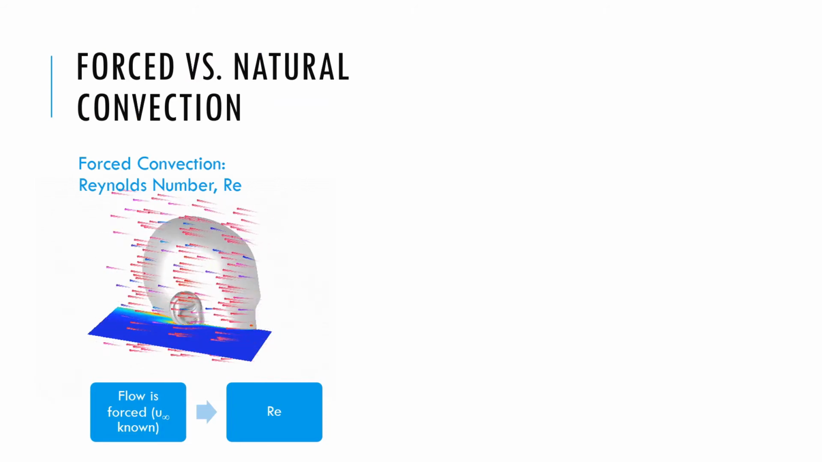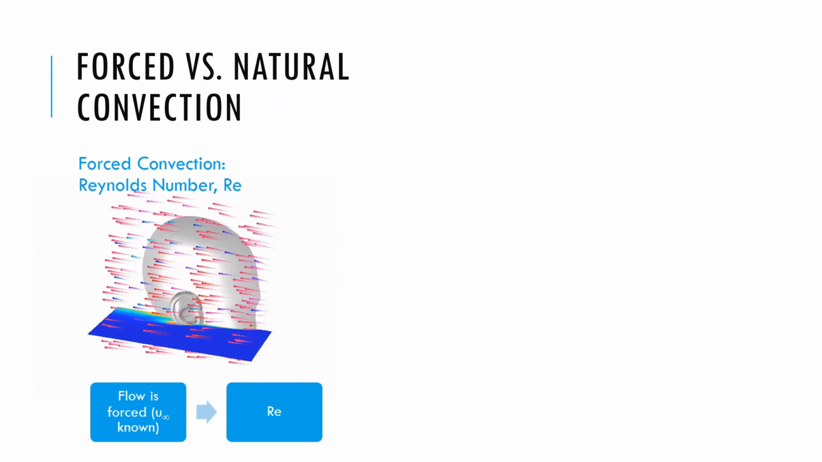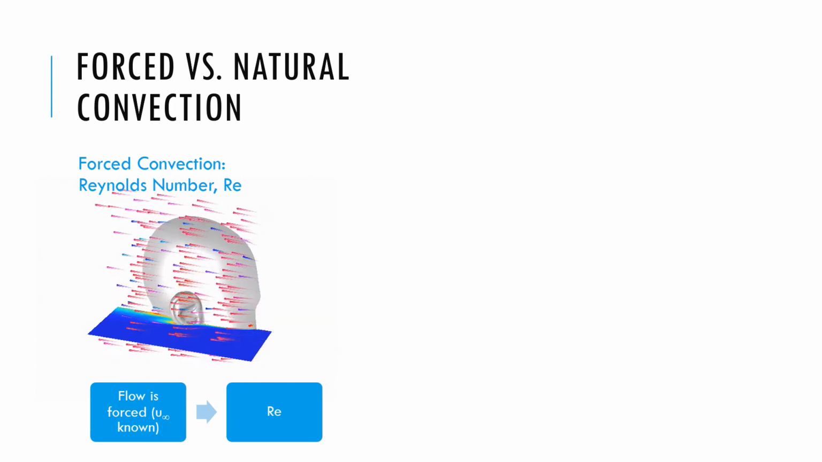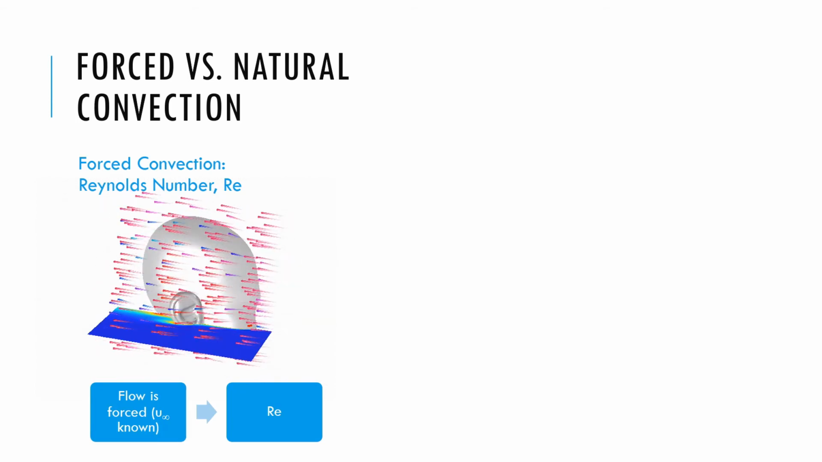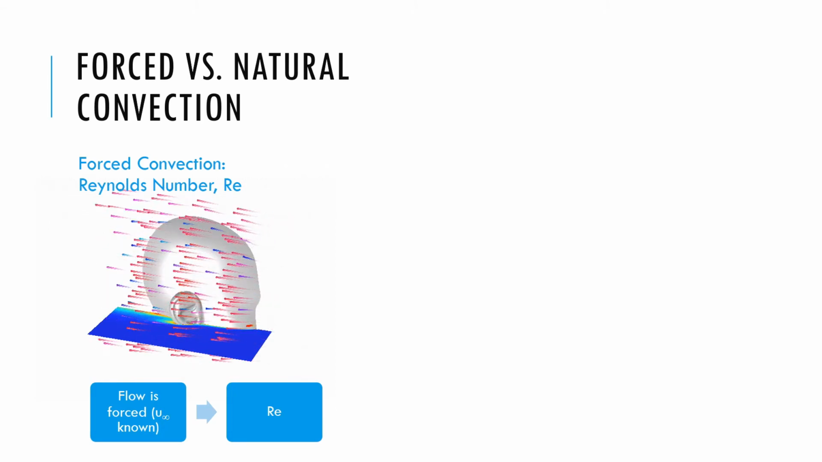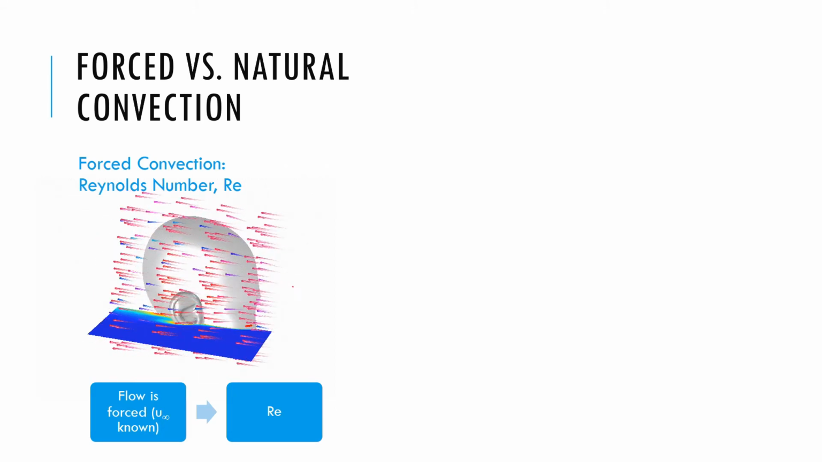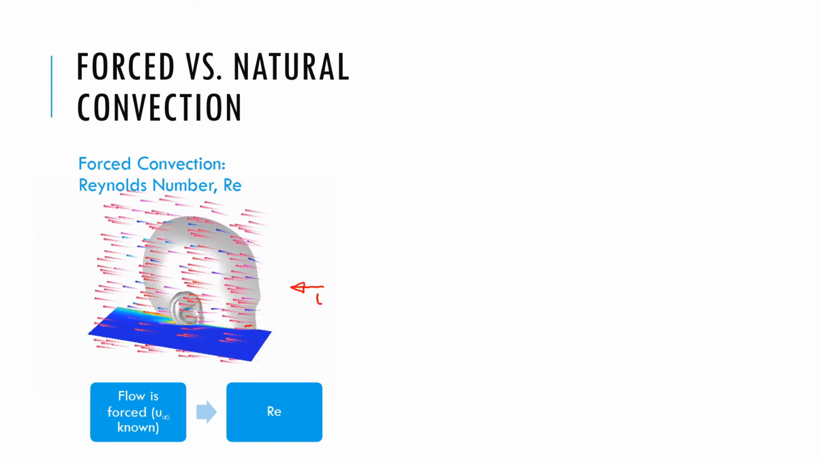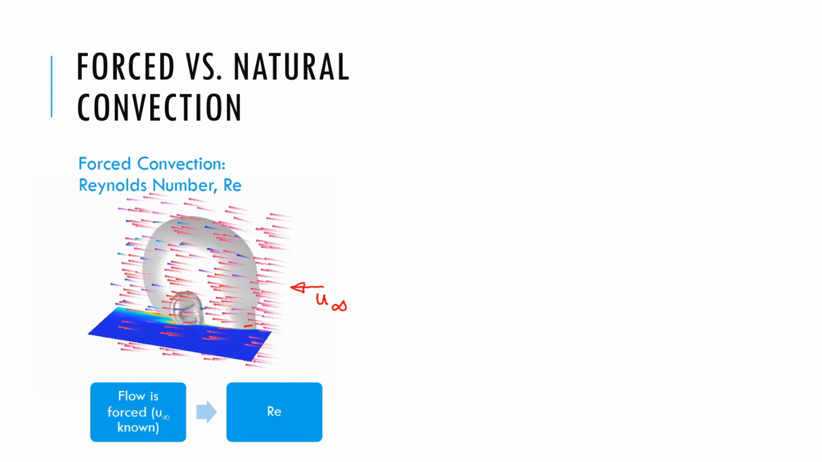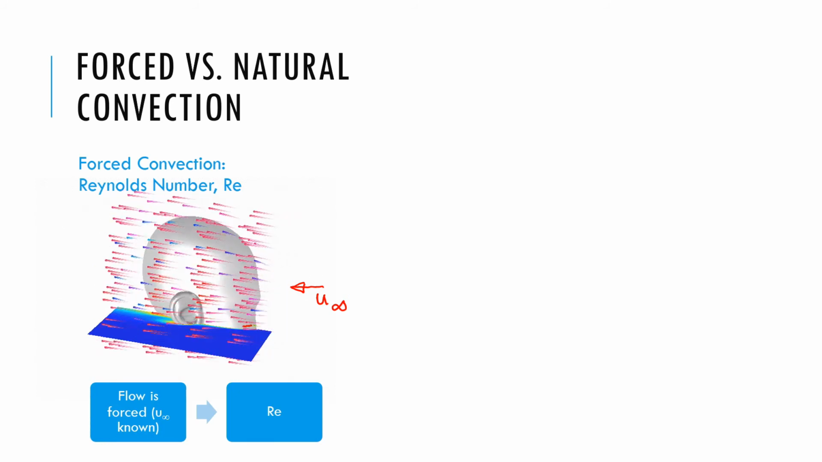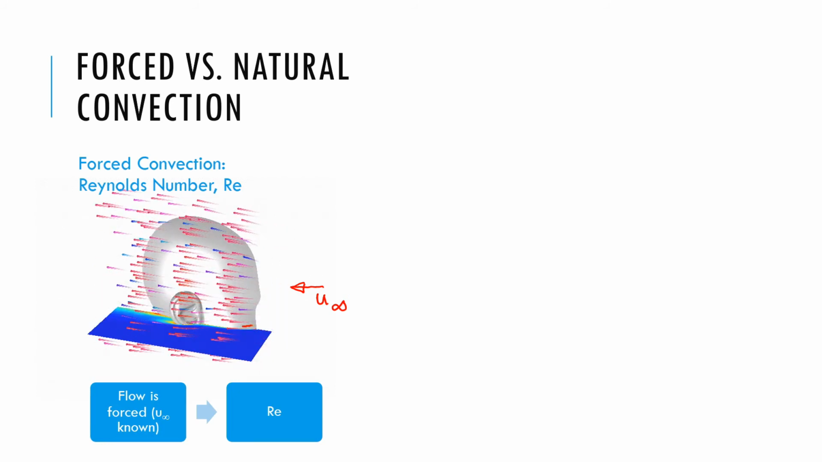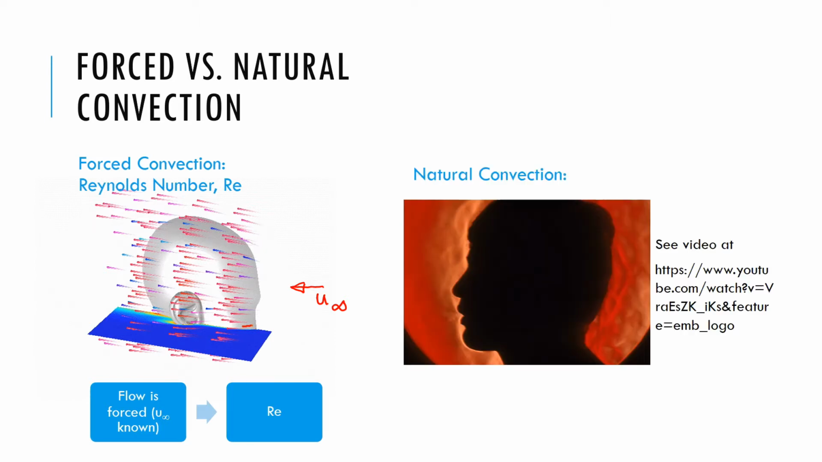So here is another example. We will see contrasting natural convection with forced convection. So what you see now is forced convection, and it's airflow over a human head. The air is flowing with some bulk velocity of u infinity. Now, by contrast, on the right one,